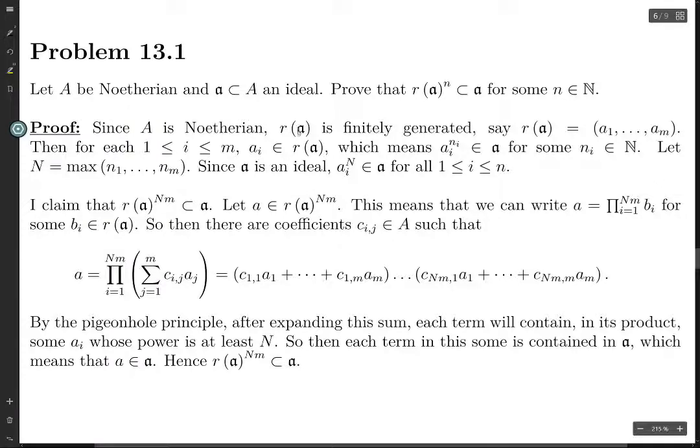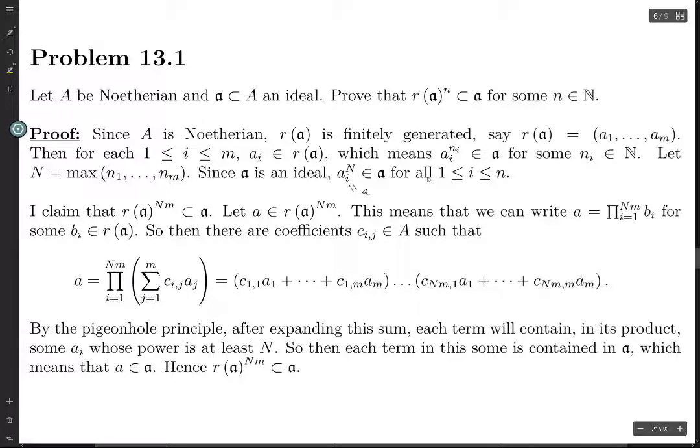So anyways, since A is Noetherian, R(𝔞) is finitely generated, say it's generated by a1 through am. So for each i, ai is contained in this radical ideal, meaning that raising it to some power, say ni, will be an element of 𝔞. So then if we let N be the max of n1 through nm, then ai to the N will be in 𝔞, because you can write ai to the N as ai to the ni times ai to the N minus ni. Then the thing on the left will be an element of the ideal 𝔞, and the element on the right will be an element of the overall ring. And since ideals are closed under multiplication by arbitrary elements of the ring,